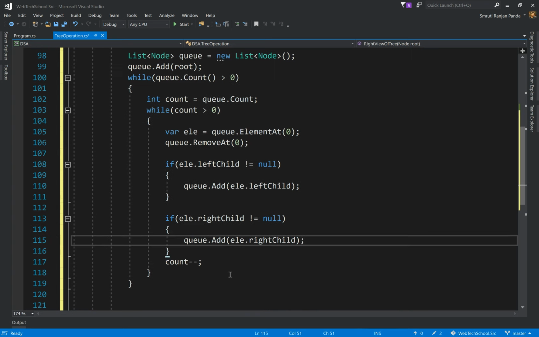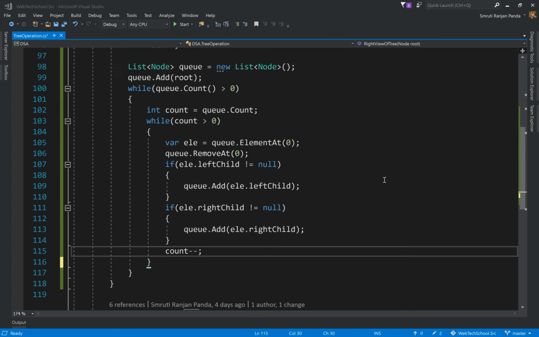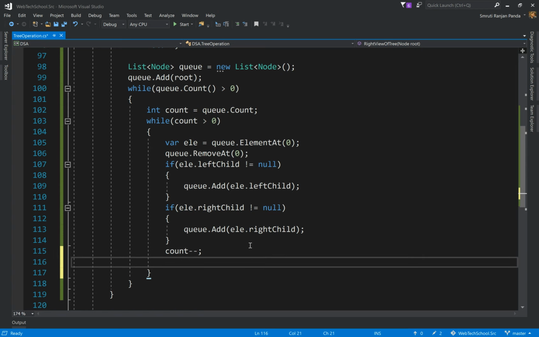Okay. So far, we have added our nodes into the queue and we are dequeuing from the queue. Along with that, we also have to display the rightmost element for a particular label. So how can we do that? Once this count value that we are keeping track of becomes 0, that's the end of this label.